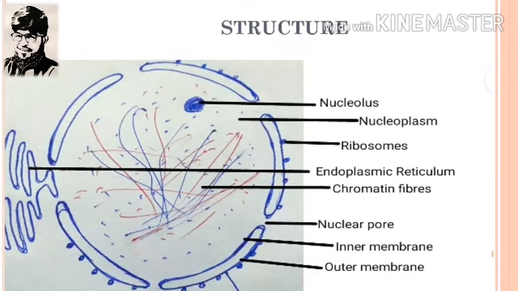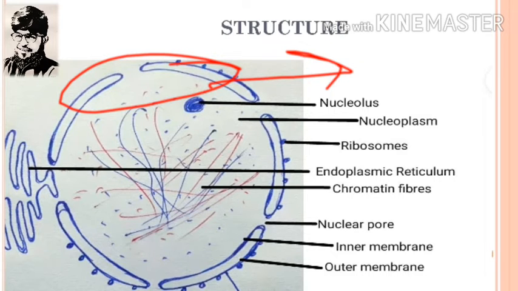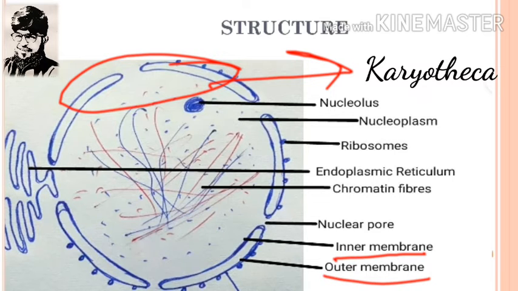Nucleus is enveloped by a nuclear membrane which is also called as karyotheca. Now karyotheca has two layers, one inner membrane and one outer membrane. Karyotheca, that means nuclear membrane, has nuclear pores. There are thousands of nuclear pores in one nucleus. Now you may see in the diagram that on the outer membrane of the nucleus there may be ribosomes attached